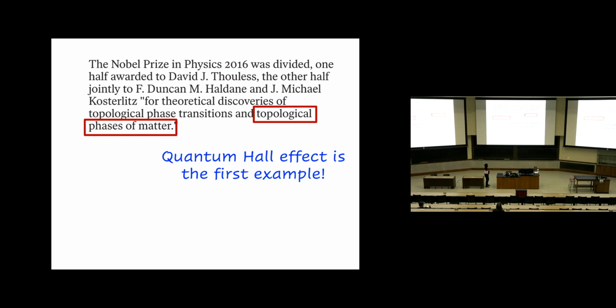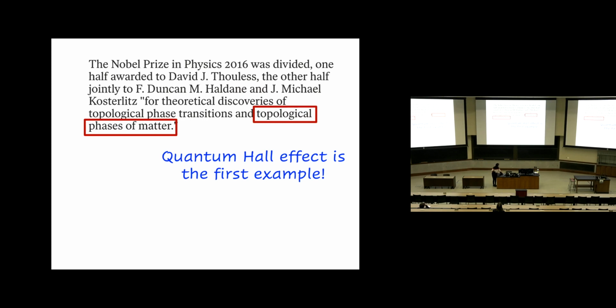I'm quoting from the website of the Nobel Prize. At first sight, you probably think, why is this related to quantum Hall at all? Because there are no such words as quantum Hall in this description. It's just because you see here there is a mysterious term called topological phases of matter. Let me tell you that samples with quantum Hall effect are the first example of such a kind that physicists realized. And that's why I'm saying that the explanation for the quantum Hall effect won the 2016 Nobel Prize.